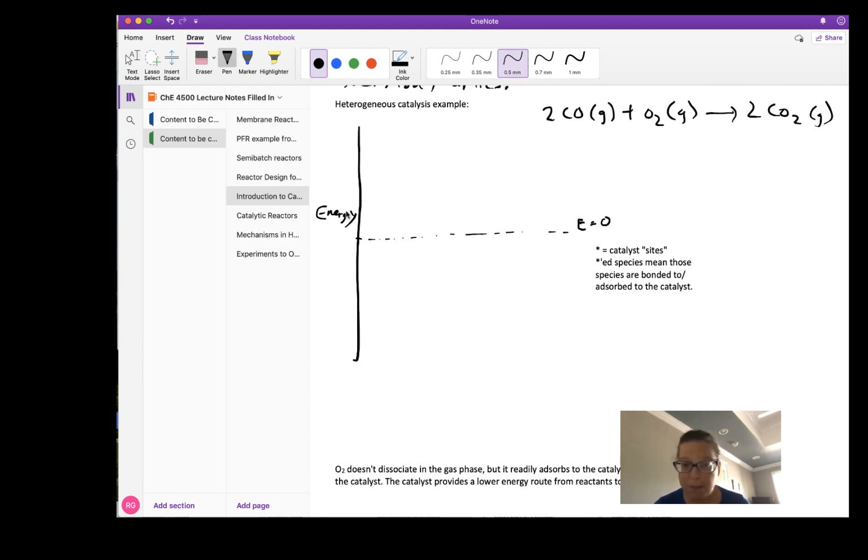So the very minimum amount of energy that would need to be put in is the amount of energy to get that oxygen-oxygen bond to break. And we know what that is. We can look that up on the NIST website. It's the energy of formation, or the heat of formation, of oxygen atoms in the gas phase, which is equal to 250 kilojoules per mole of oxygen. So if we wanted to draw out the kinetic pathway for this reaction in gas phase, we're going to draw